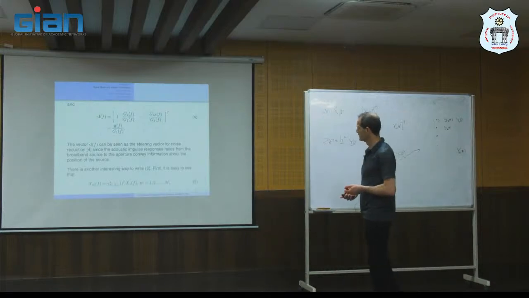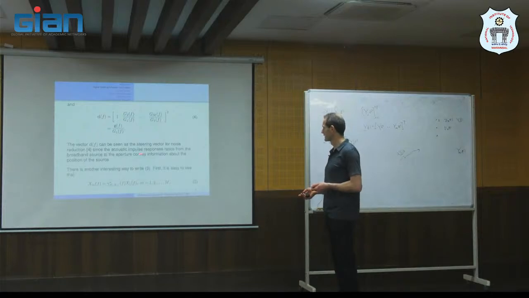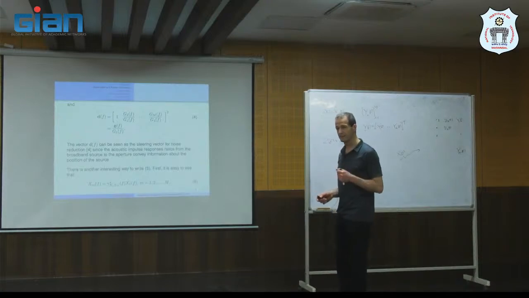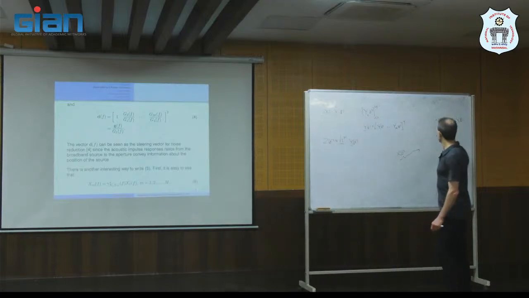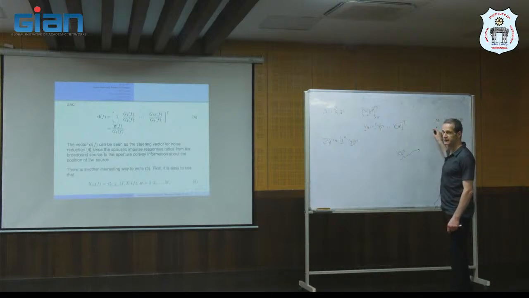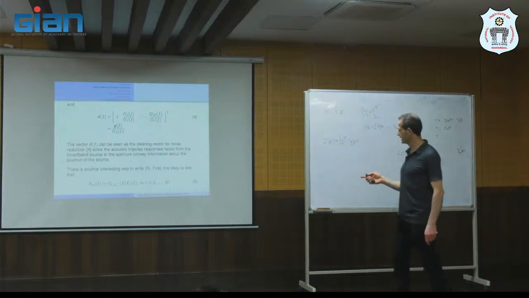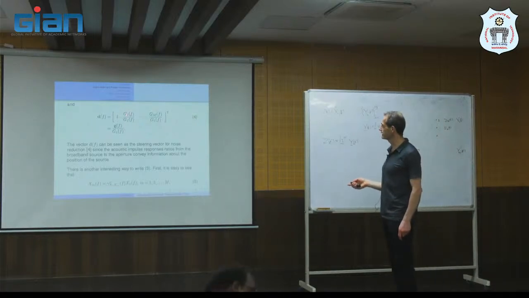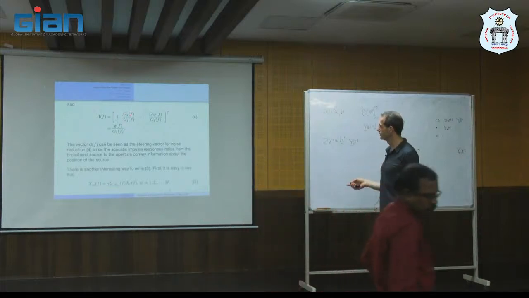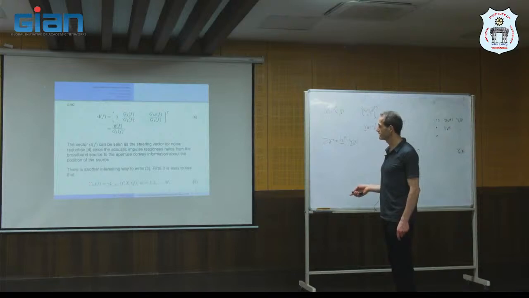Now, what we can see is that each element in the vector D, the relative transfer function, can be obtained from the correlation between signals in two different sensors. So if we want to obtain the relative transfer function G2 divided by G1, we obtain it using the correlation between X2 and X1. So we can write